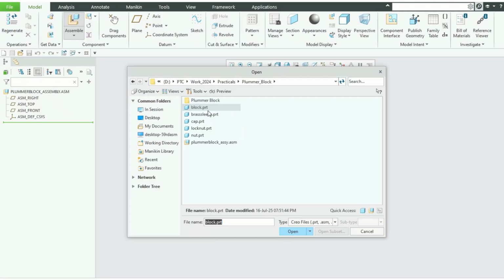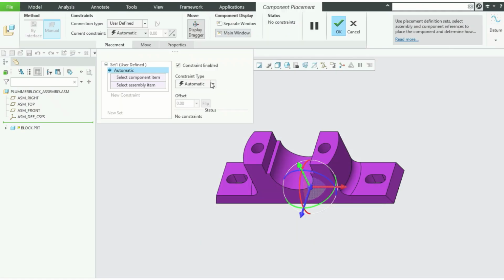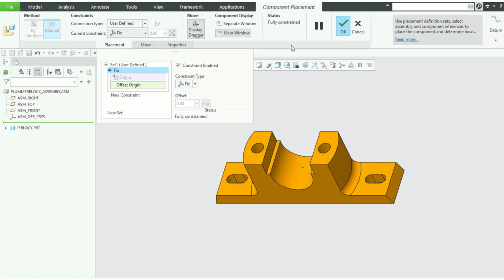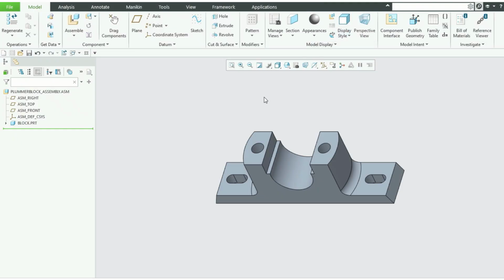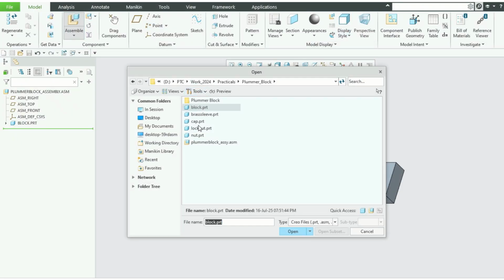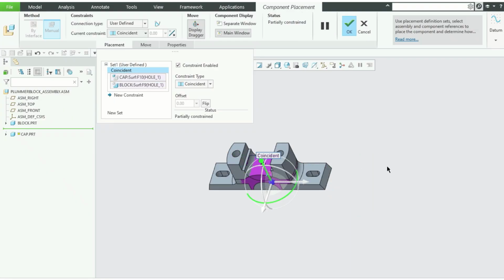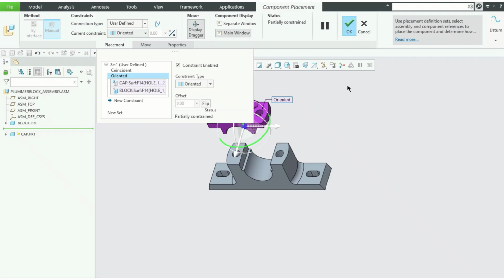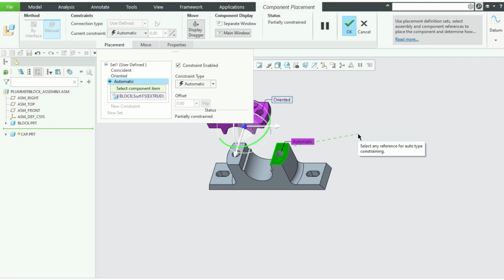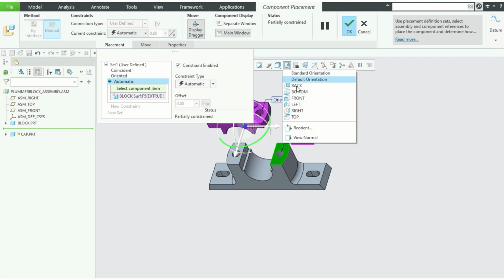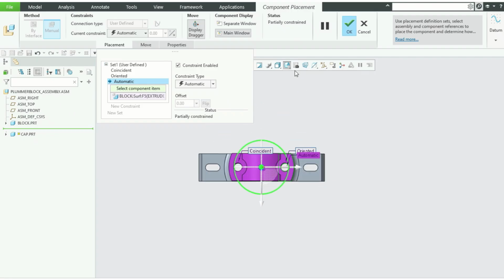assemble the part. Start with block and fix its position so that it will be fully constrained. And assemble the cap next. Align this with this and pull it up and orient this to holes. Okay, and then match this surface with the bottom surface. Okay,